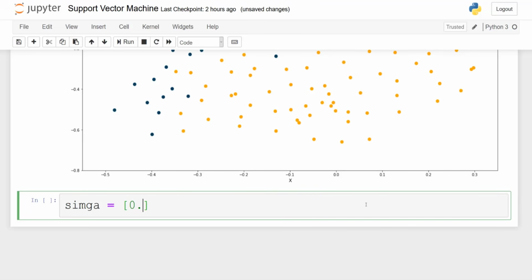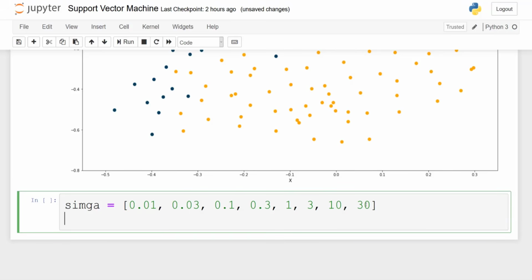So I will specify a list of possible values for sigma. So we'll go from 0.01, 0.03, 0.1, 0.3, 1, 3, 10, and 30. And we'll do the same for the regularization parameter C. So the same values, 0.01, 0.03, 0.1, 0.3, and then 1, 3, 10, and 30.